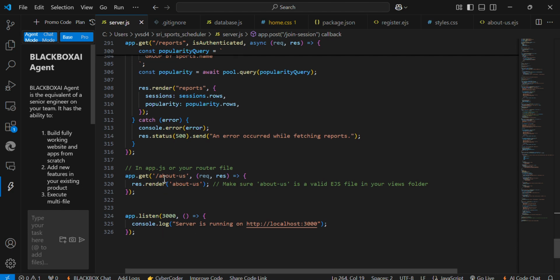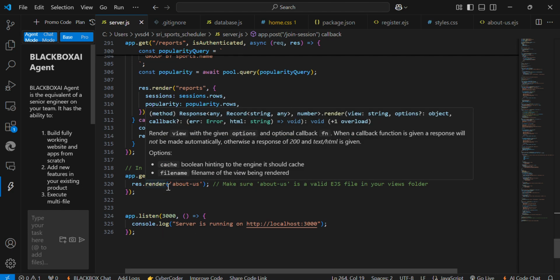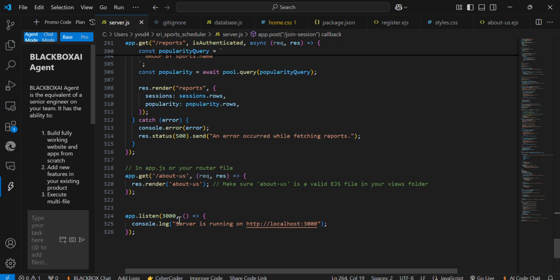This is about the sports scheduler project and app.listen on 3000. So the local host is running at the server of localhost 3000. Now let me explain the